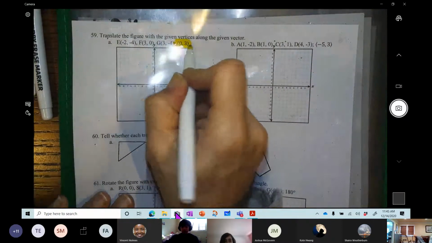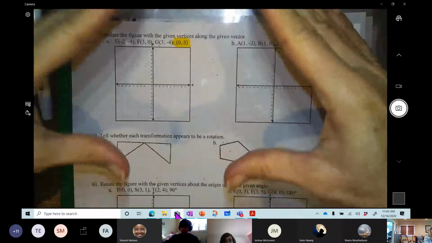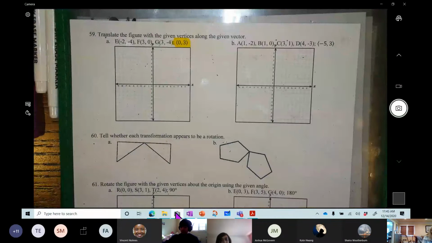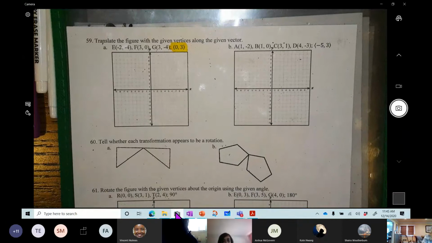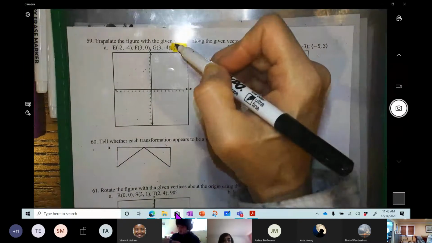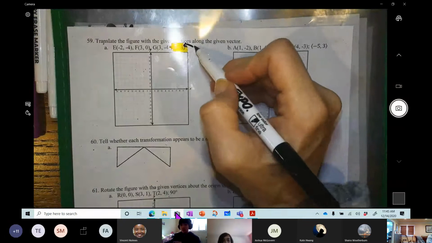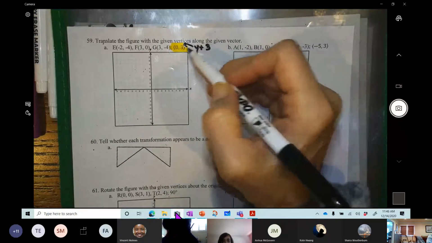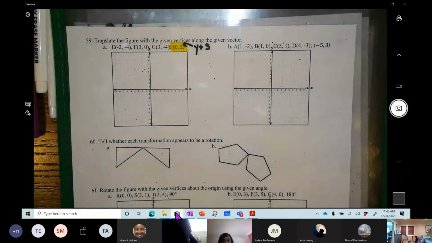Here is our notation. So if we have those chevron looking signs like that, what that means is x plus 0, y plus 3. And if they were minus, right? So this means you're not going to move it at all in the x direction, and that means y plus 3. That's x plus 0, and that's y plus 3. So all you're doing here then